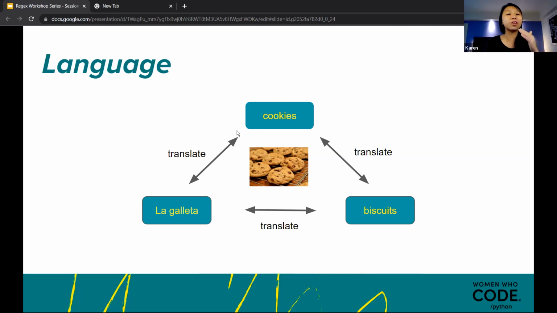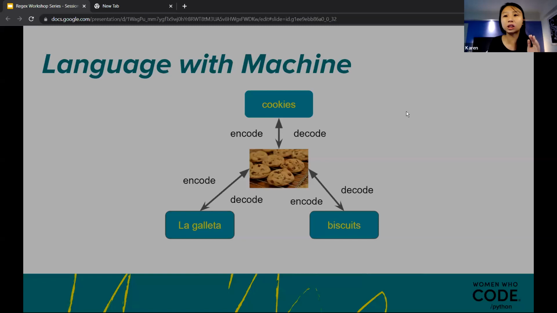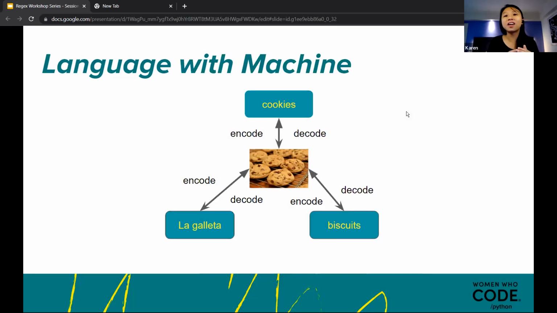It's very convenient nowadays, so we don't realize that cookie actually goes back to the picture, which is a pattern here. We see it as a pattern: it's a brown shape, round, a little puffy. That's how we recognize a cookie. And for a Spanish-speaking person, it's translated to "la galleta". So keep that in mind as we look at how a machine deals with cookies.